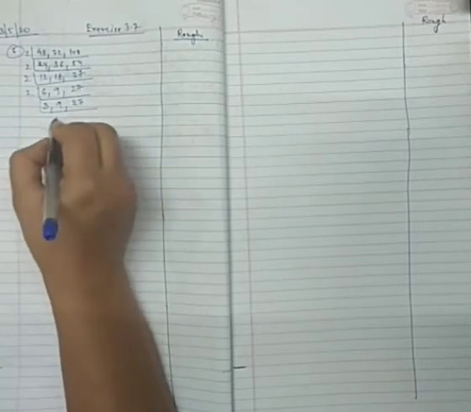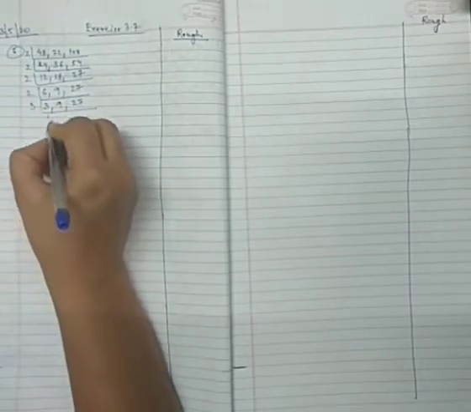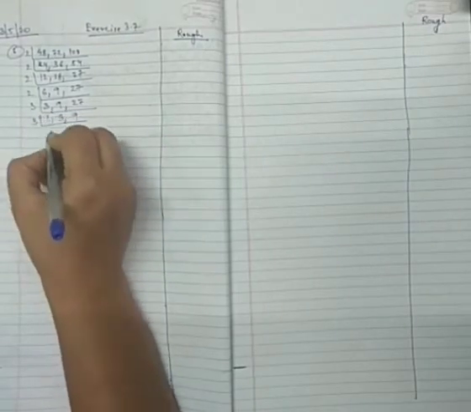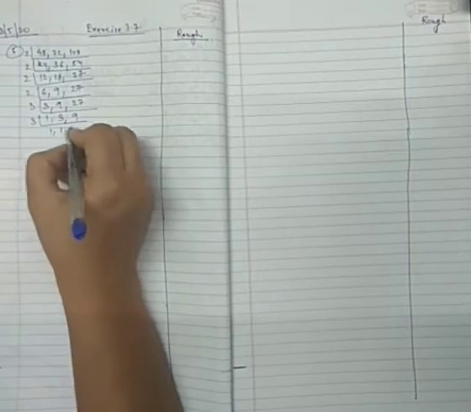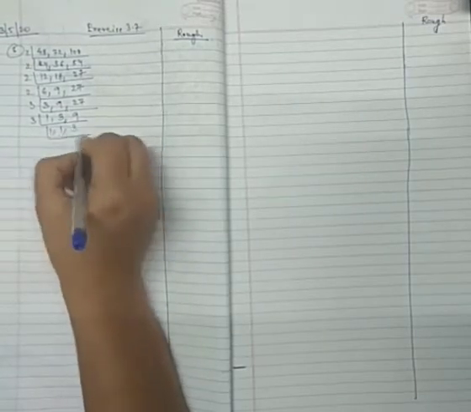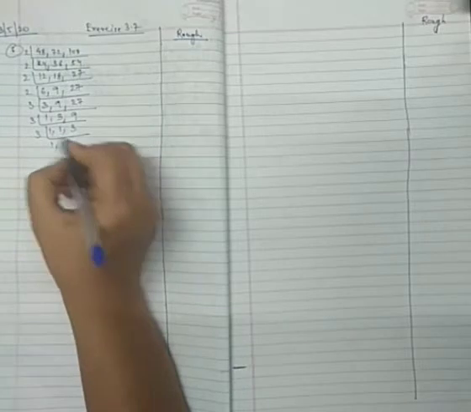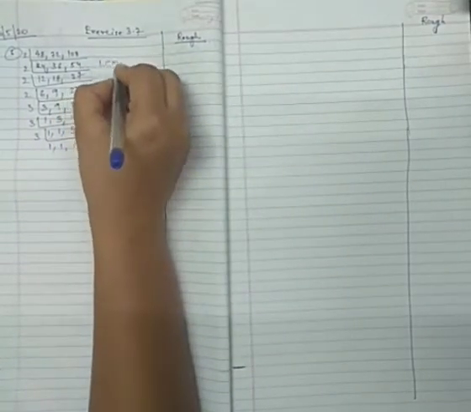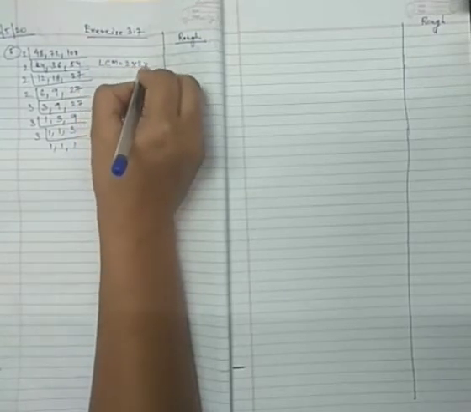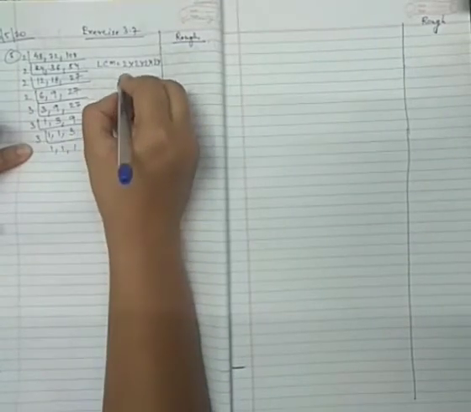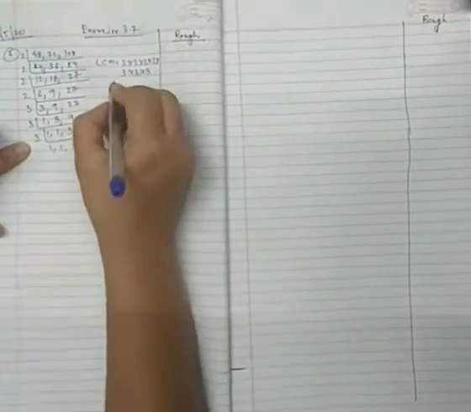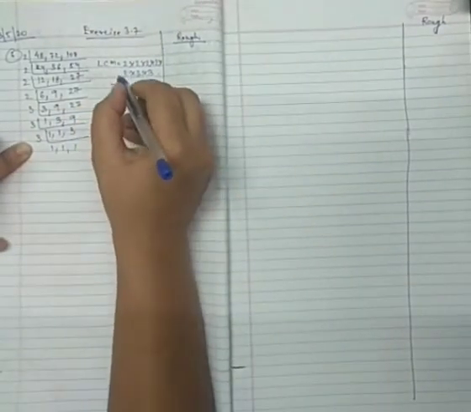Now all 3 will go by 3: 3 1s are 3, 3 3s are 9, 3 9s are 27. Now 3 1s are 3, 3 1s are 3 and 3 3s are 9. Now again 1, 1 and 1. You have to stop when all are 1. Now the LCM will be 2 into 2 into 2 into 2, that is 4 times 2, and 3 times 3. Now we will group these numbers for easy multiplication.